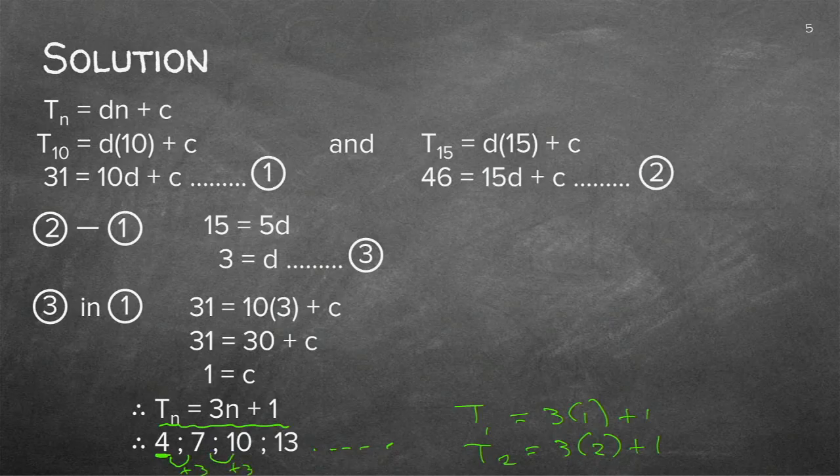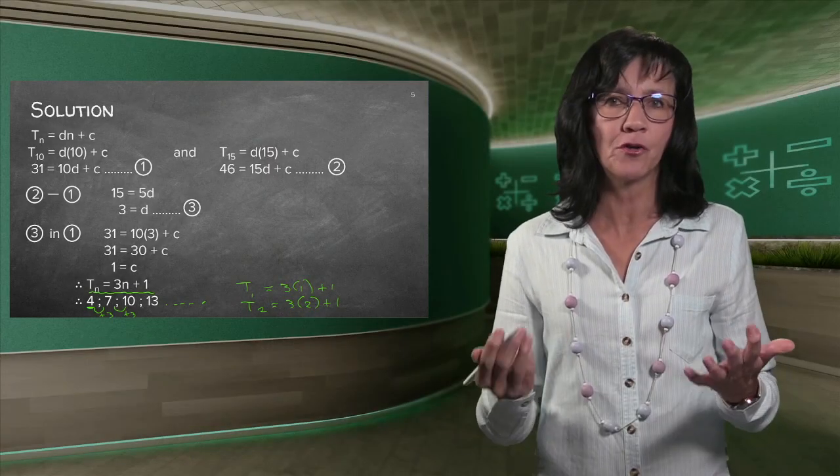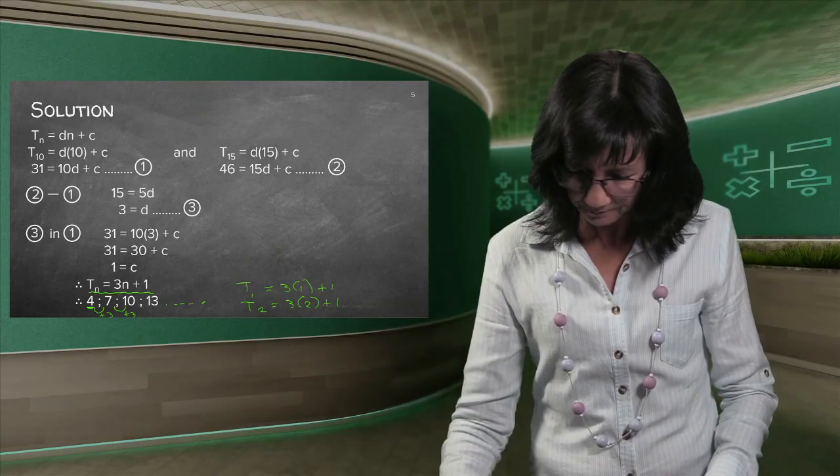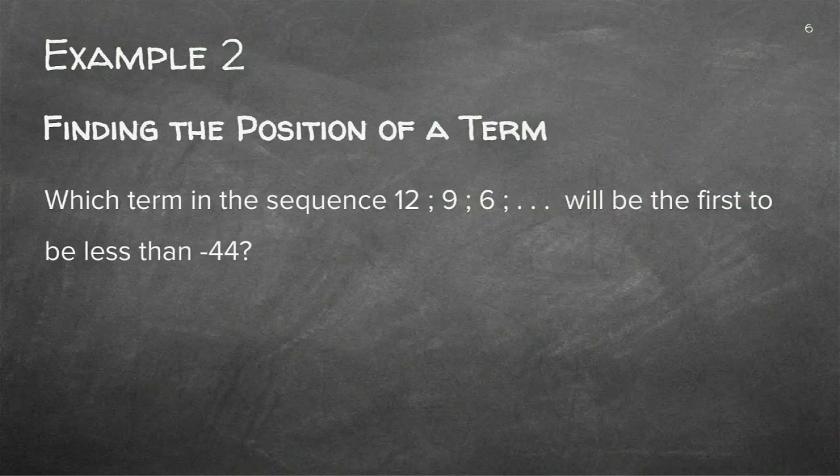So just read very carefully. Don't just assume, they asked the formula and I gave the formula. Make sure that if they ask the sequence as well, that you just quickly write down the first 3 or 4 and just make some dots to show the sequence is actually carrying on. Good. Let's look at another example.